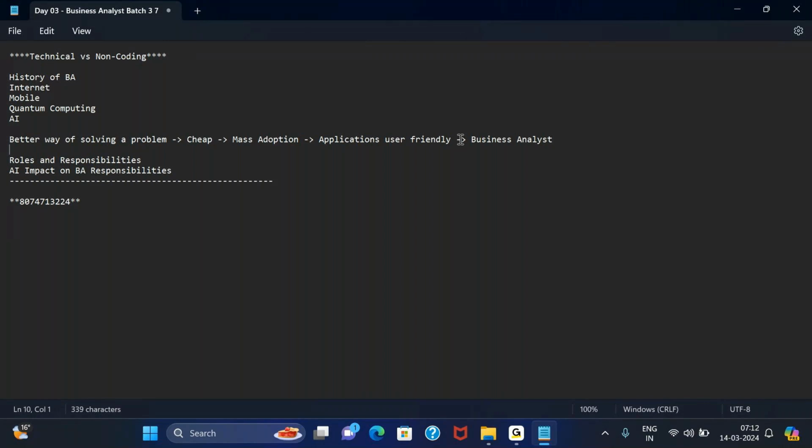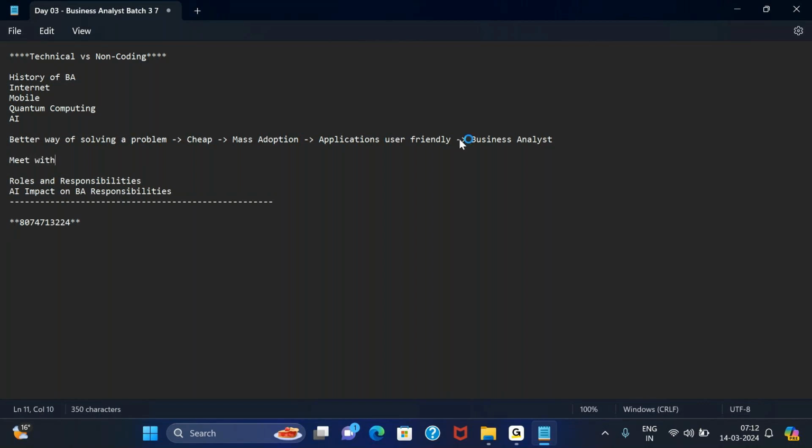That is, you talk to clients, you meet with clients, understand their requirements, then document these requirements. Okay, so let's first understand these three topics.